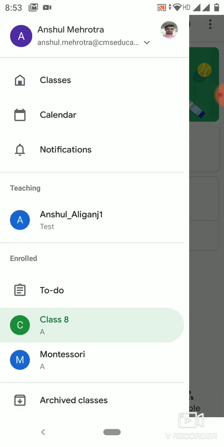A few of the students might face this error message while opening Google Classroom on your mobile phone: access is denied, please contact your domain administrator. In that case, what you can do is make sure your phone has a password or a pin or a pattern lock.